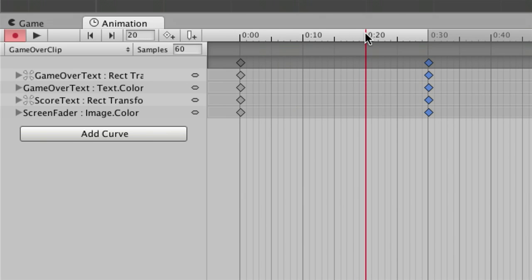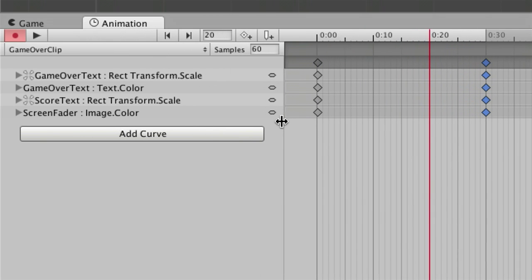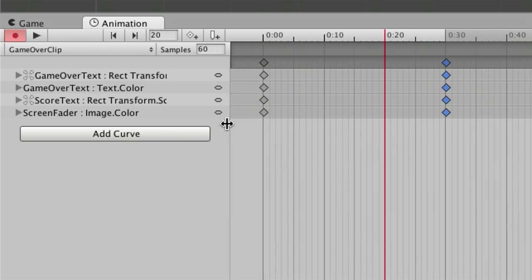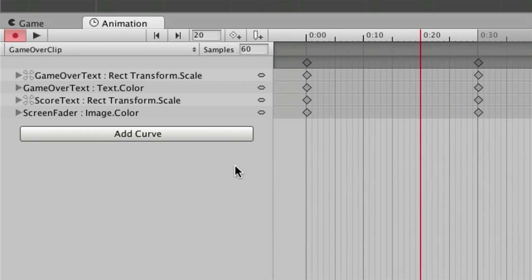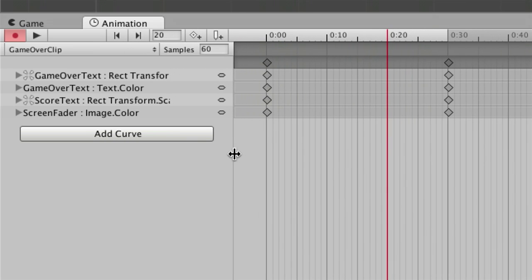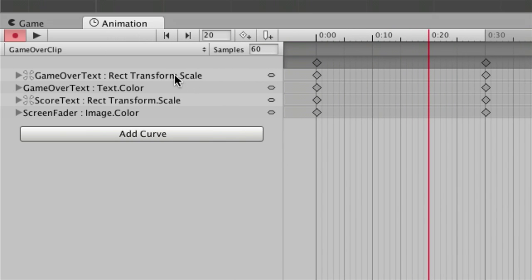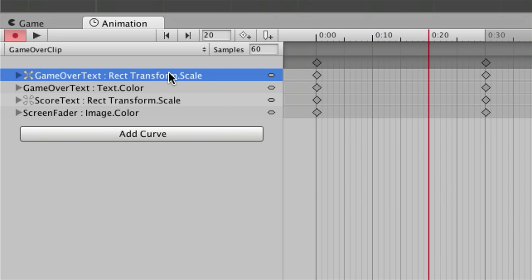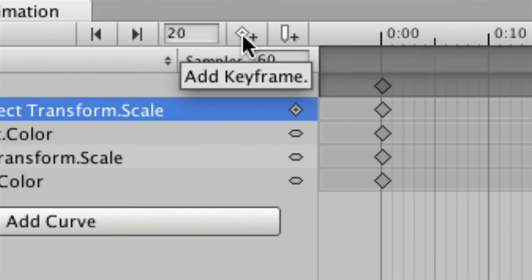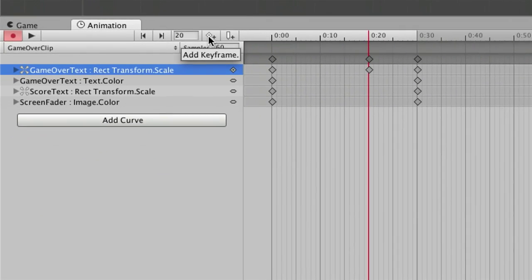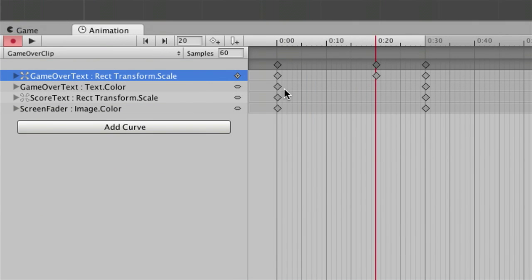And then I want to create a keyframe for the gameovertext scale. So I'm going to drag this divider so that I can see the end of that property. The line between the list of curves and the timeline itself can be dragged to expand it. Gameovertext rect transform scale is the first one. I select the property so it's highlighted in blue and I press K to make a new keyframe, or I can use this button here to add a keyframe as well. You can also just double click in that row. Okay, so once I've done that, I can move to frame 0